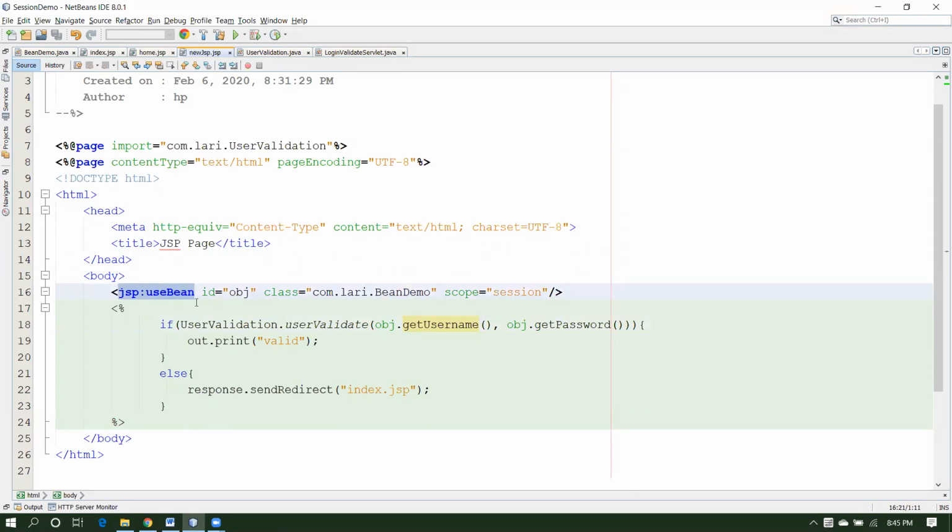So you cannot use jsp colon usebean anywhere. It will be available only in JSP, first thing. And in that case, if you replace this, then